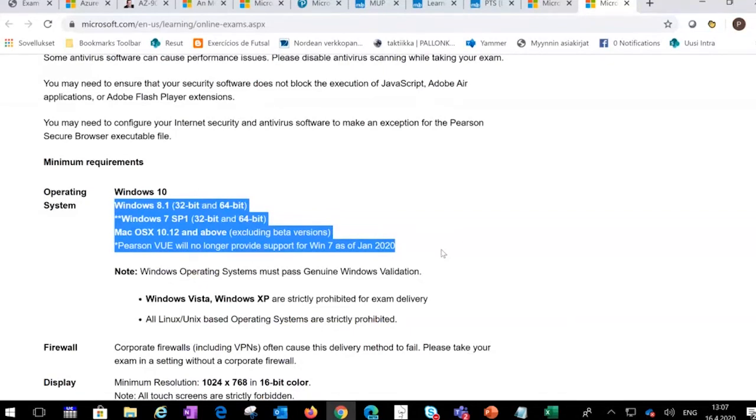I'm just asking for the information: even if you are attempting a second or third time, can the same voucher be used if it has not expired? No, the voucher is valid only one time. Okay, so you will have to buy again. Yes, if you don't have free vouchers, then you have to buy again. But this fundamentals certification costs a little bit less than the normal associate and expert level certificates. It's like $99 or something.